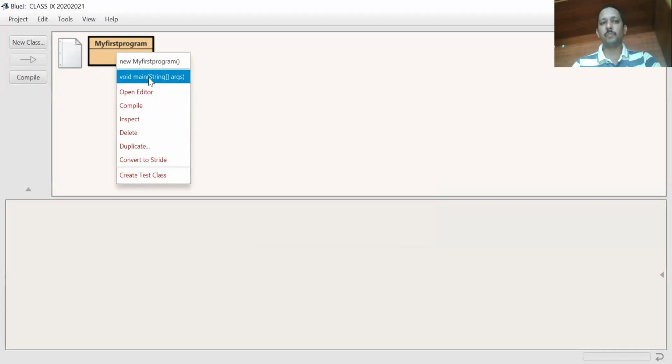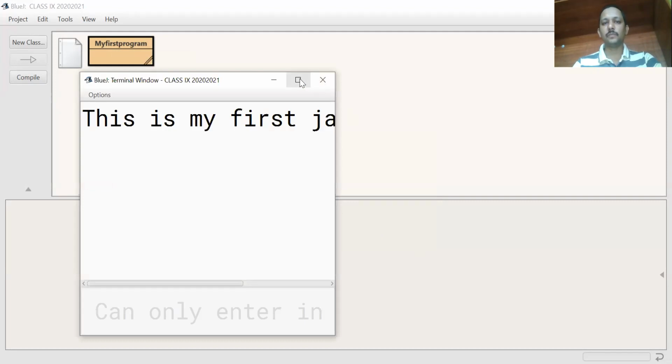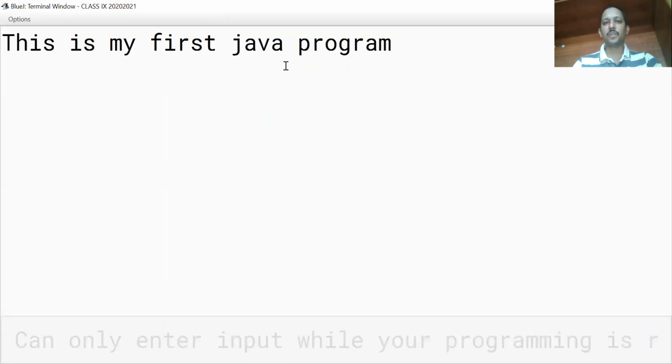Execution begins from the main method. So click on the main method. Now click on OK. See the output. This is my first Java program.